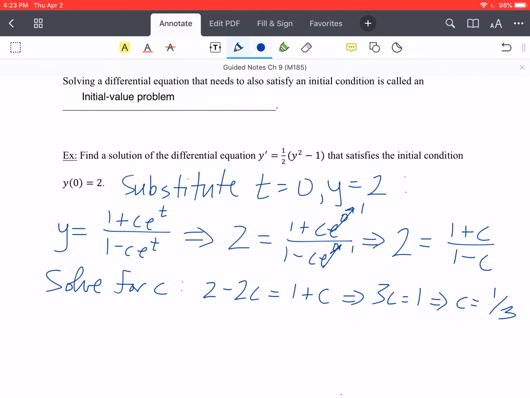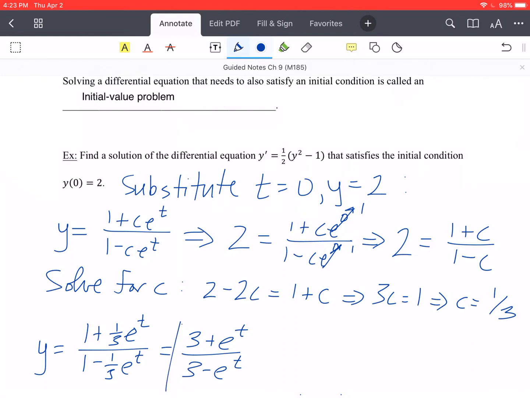So our solution for y, so y equals (1 plus 1/3 e to the t) over (1 minus 1/3 e to the t). But we also like writing this without fractions inside a fraction, so you can multiply top and bottom by 3. This gives us (3 plus e to the t) over (3 minus e to the t). And so the solution we found earlier was our general solution for any member of that family of functions. Here we said I want the specific one that goes through